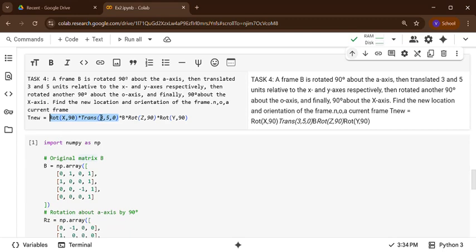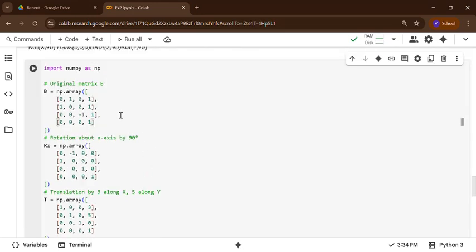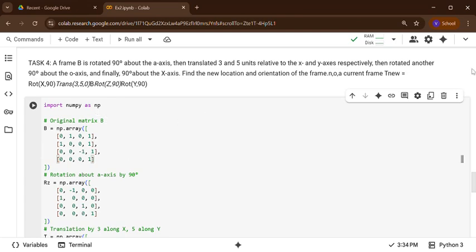Then the rotation is about O axis. Then here, translation is about XY but not Z. Translation is about X axis. That's all. So based on the equation, you have to define the equation properly. Once it is defined, then you can automatically do this transformation. So first you have to define everything. So first one is based on the equation.